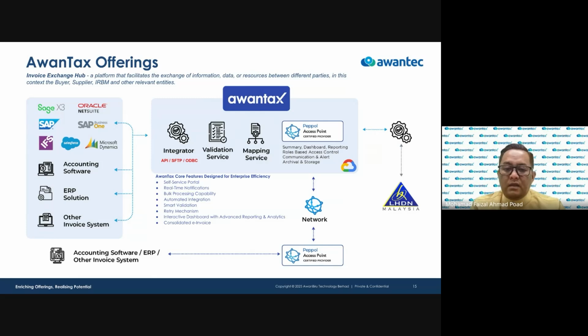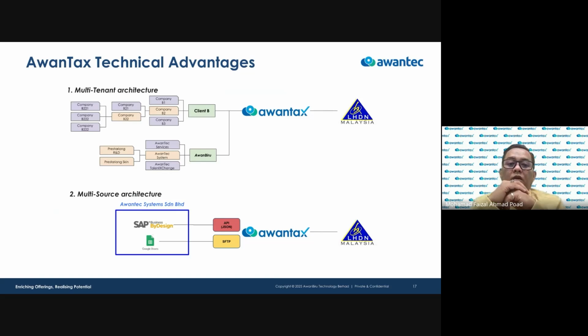And then we have the retry mechanism. The retry mechanism is quite important for you. We don't want you to say, oh, this failed, I need to manually try again. So having an automatic retry mechanism is quite important to ensure that your invoices get validated on time. And of course, having all that information, you need the dashboard, and we have reporting and analytics for that. Okay.